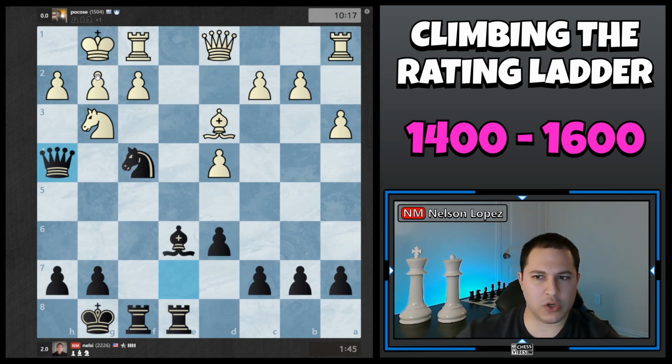queen h4, bringing the queen over, and then this is the kind of position where doing tactics puzzles is really, really important because you have to be able to spot those tactics. So I'm going to actually,